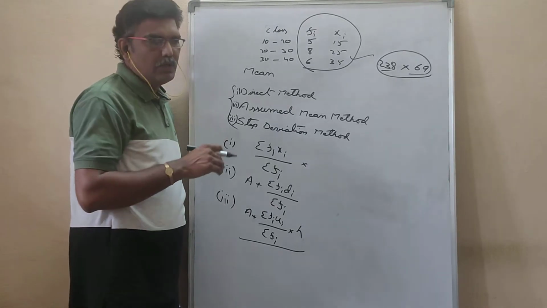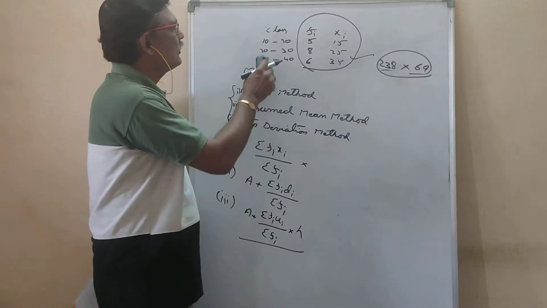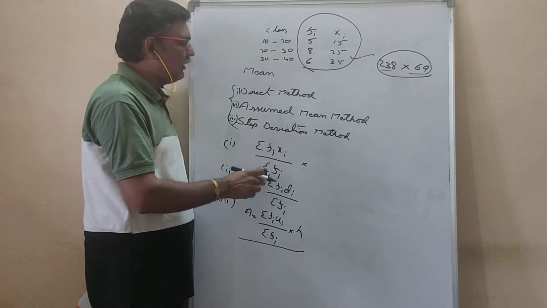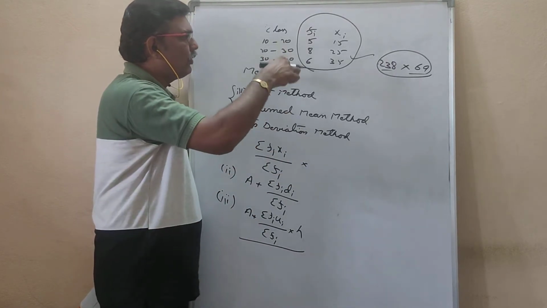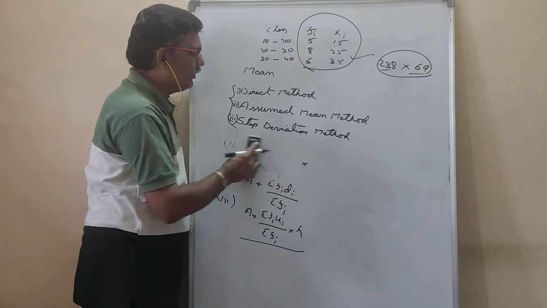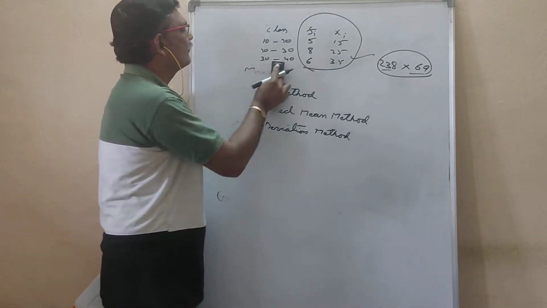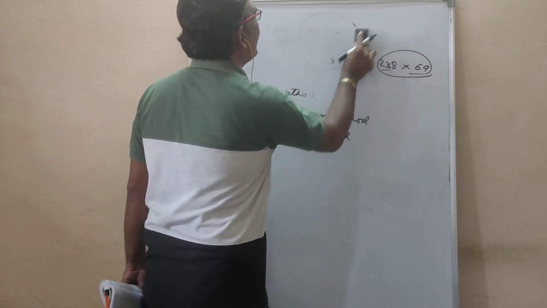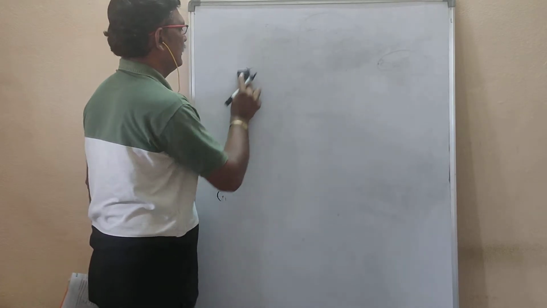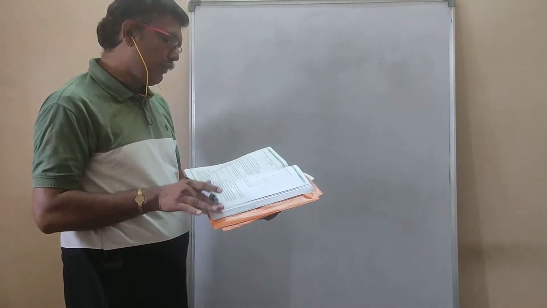Okay. Now we will go to the next topic, that is called mode. So I said about mean. Mean you have three methods, three formulas you have to learn by heart, and for these three how to write table and everything I said to you. Once again revise that video which I said. Next we will go for how to find mode. So how to find mode, we'll go to 14.2.